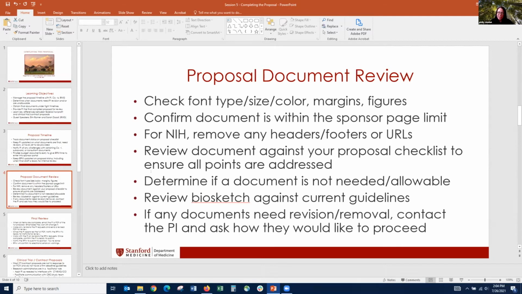NIH actually does not say that you can't use colored type, but obviously it needs to be legible, easily read by reviewers. So the recommendation is keep it simple, keep it black when possible. Check the margins, your 1/2-inch margins are typical, but check your sponsor guidelines. And then also the figures, just make sure those figures are also within the 1/2-inch margins, and that whenever they